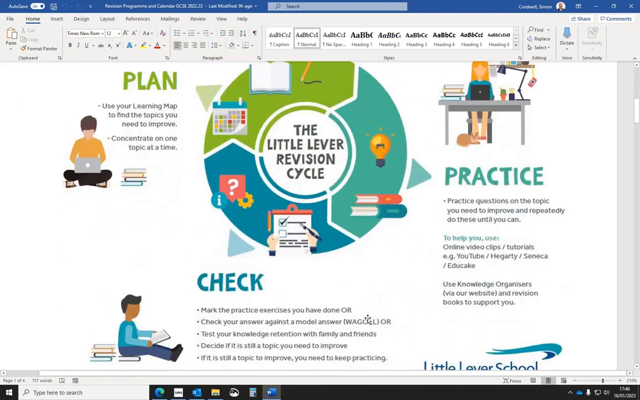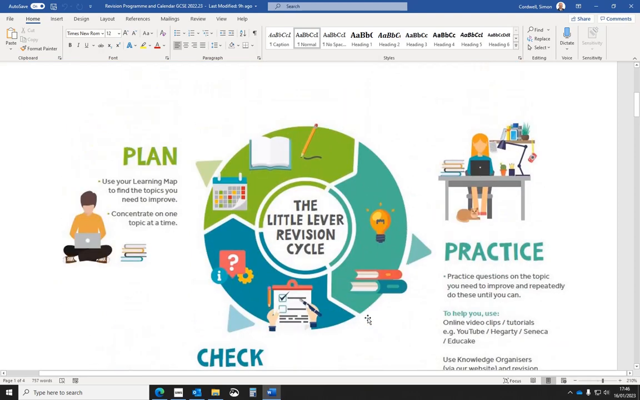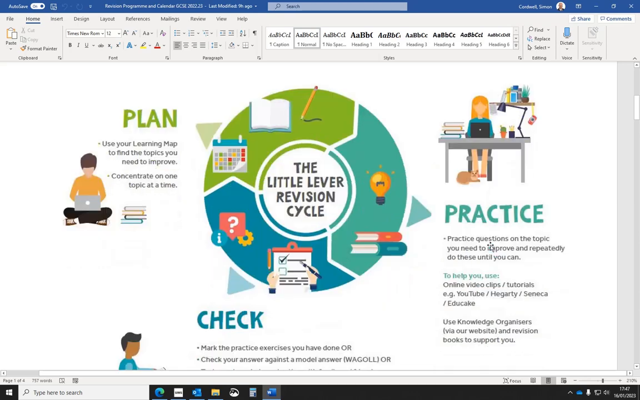There's a main title page here. This is the Little E revision cycle diagram. This kind of takes you through how to revise effectively in terms of planning what you're going to revise, which is what this planner is all about. So which topics and subjects you're going to focus on. Then how to actually revise in terms of producing practice,